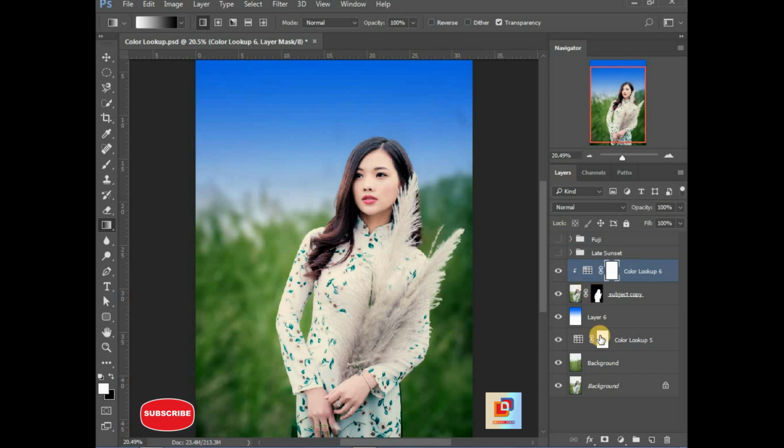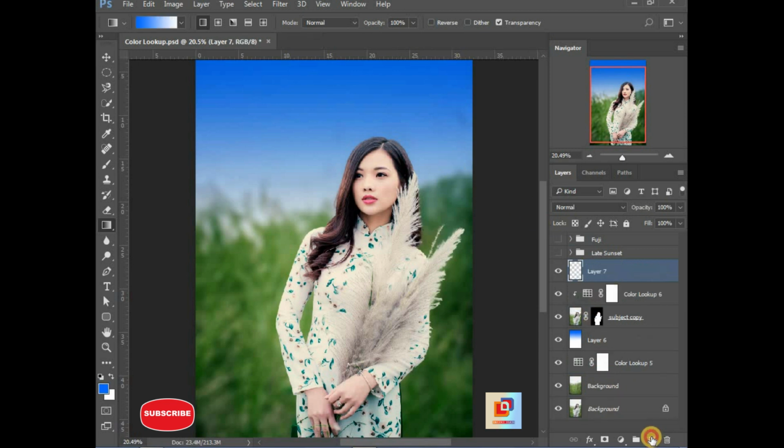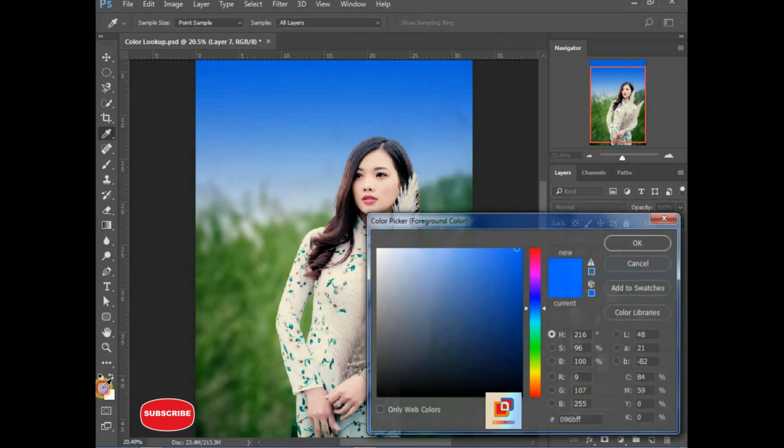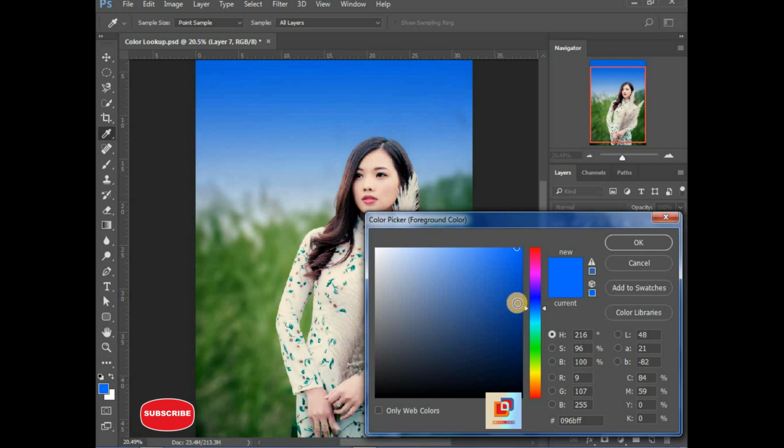Okay, so we are nearly at the end. Just one more thing, select a new layer, and from the foreground color select orange color. I have a color code for the orange one: FF9600.